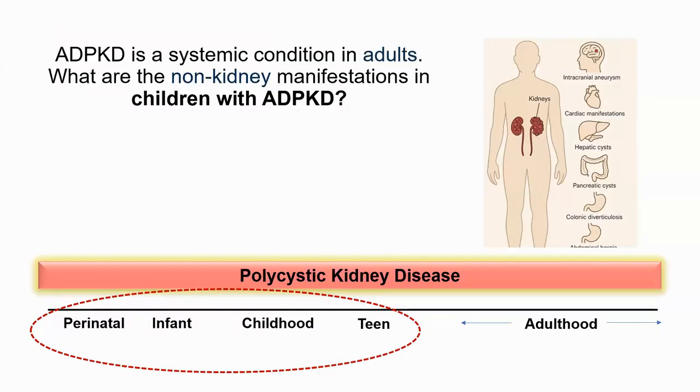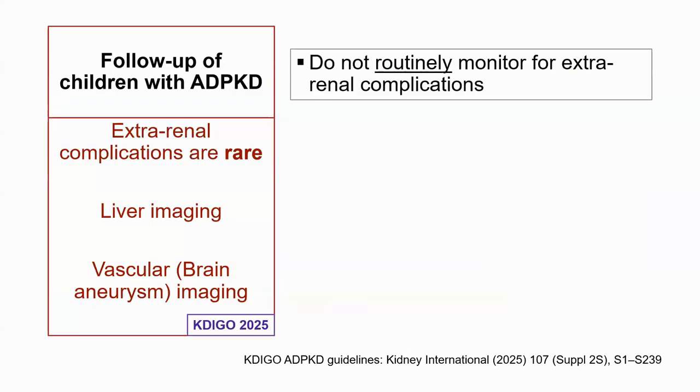And what about the non-kidney manifestations? In adults, we talked a lot about the liver cysts being the most common non-kidney cysts that are present. And in children, non-kidney manifestations are practically non-existent. And so we do not routinely monitor for extrarenal complications in children because they are rare. They're anecdotal. There are case reports, but they're extremely rare. So unnecessary liver imaging is not needed,